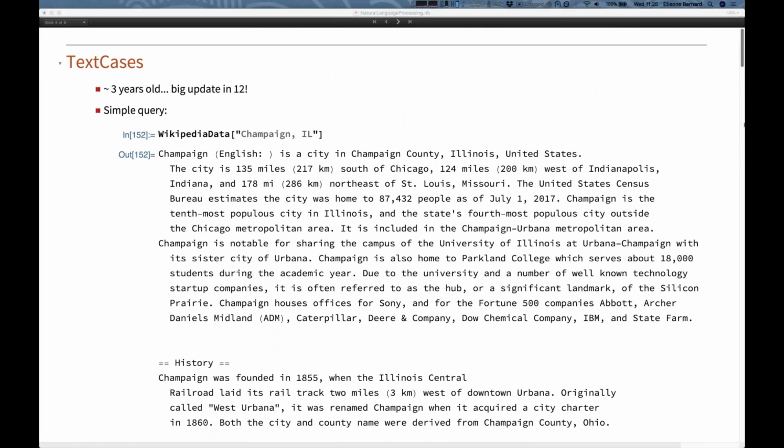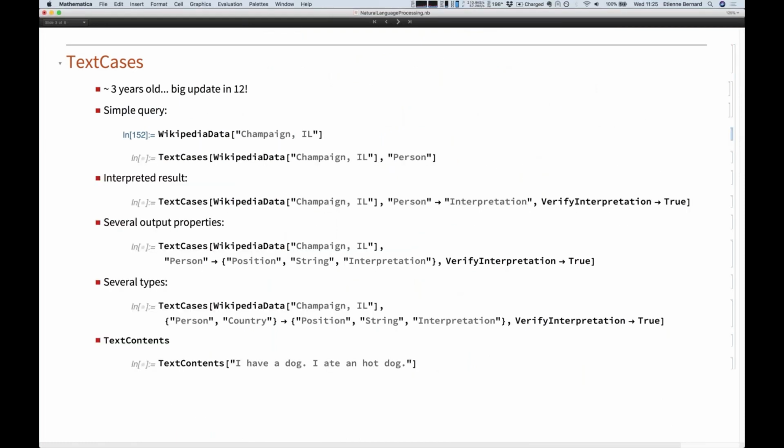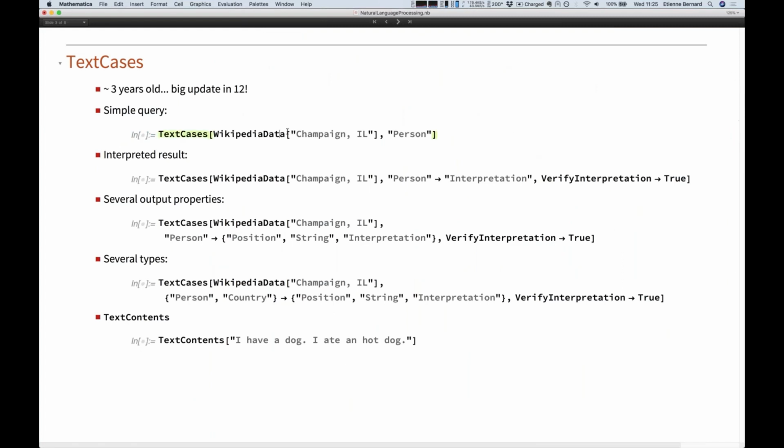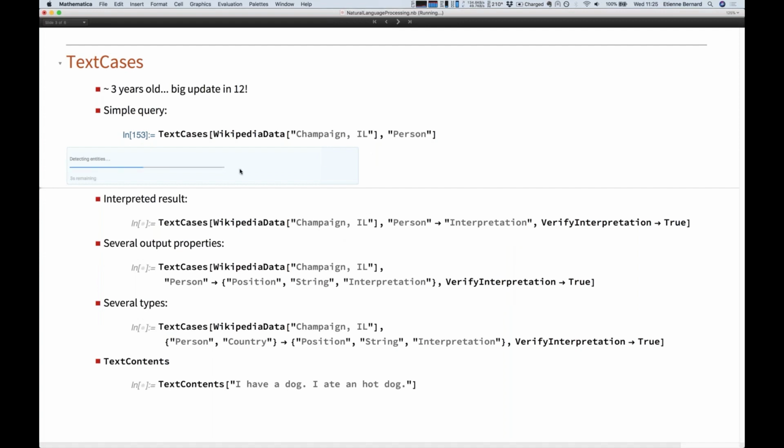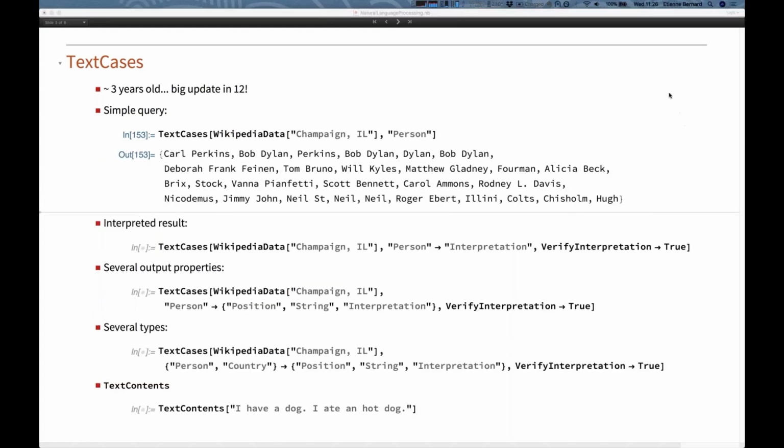And you can put pretty much anything as XXX now in the new version. So you can say, I want to find all the persons. Okay, so, all right, detecting the entities, and it should return a bunch of strings that correspond to persons in the text, like Carl Perkins, Bob Dylan, and so on. I didn't know that Bob Dylan was that related to champagne. Anyway, okay.